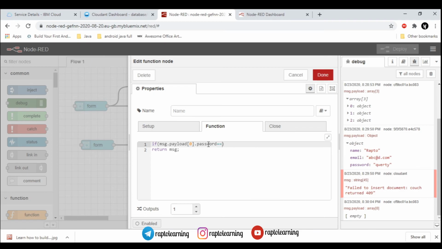And so password equals to, that is, in JavaScript you have to write the equal sign 3 times. So this is the final code that you are going to write in this function, right? If the password matches, message.payload is login successful, else it is login failed.